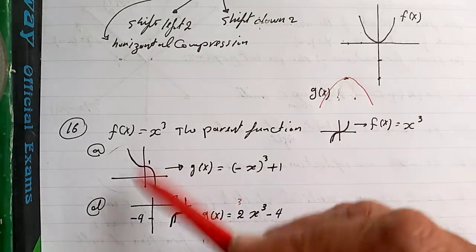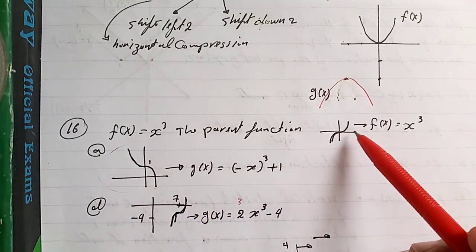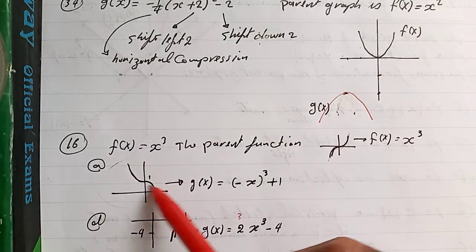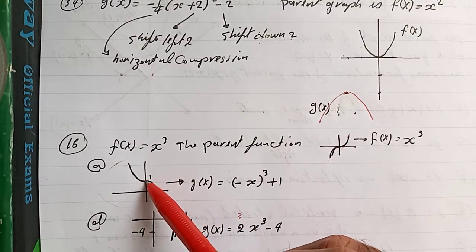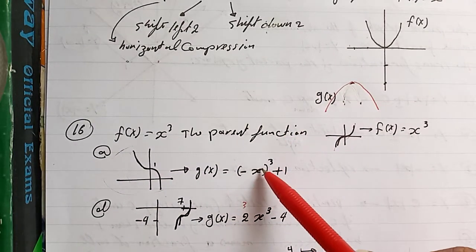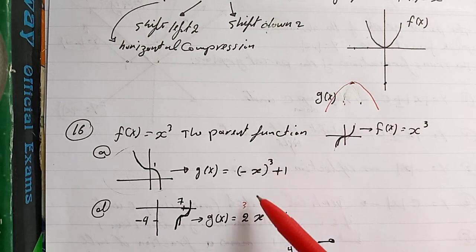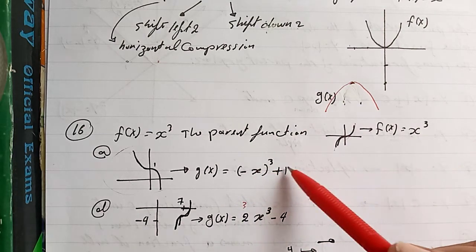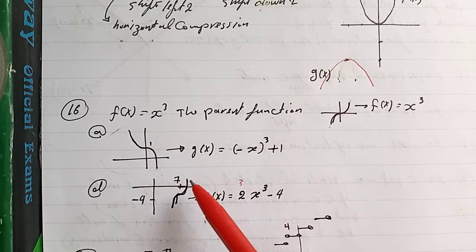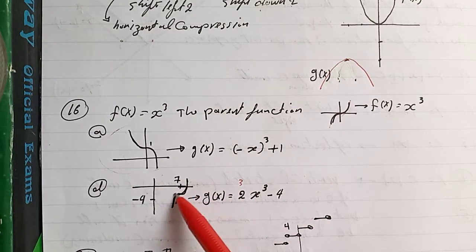You can notice that this curve is a reflection on the y-axis of this curve, and it is shifted up 1. Reflection on the y-axis means you put a negative sign inside the brackets, and shift up 1 means plus 1. And for this curve, you can notice that this curve